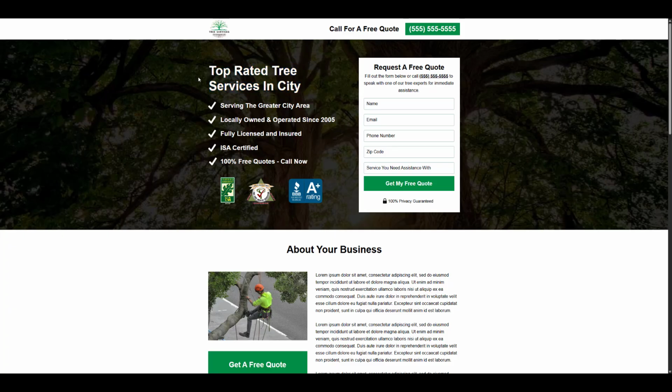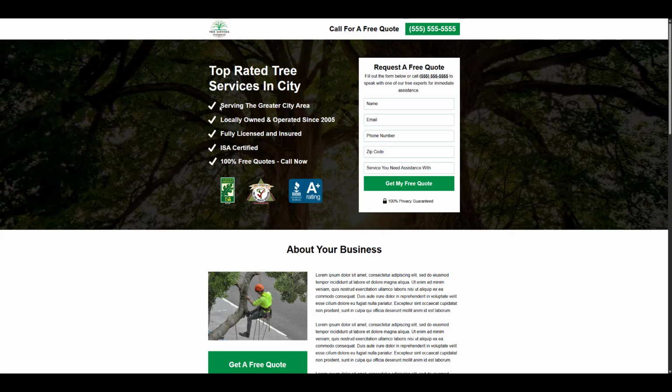You can test out a bunch of different stuff, but you don't want to put a headline that is just really generic. I see a lot of websites where it's more of a slogan than what you do. And sometimes with Google Ads, the simpler you keep it, the better. It could literally just be something like this: top rated tree services in Seattle, or whatever your location is. Top rated services in location. You can tweak it, change it, but you just need to call out what they were